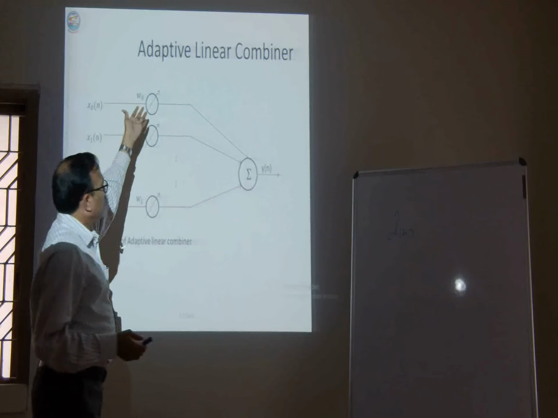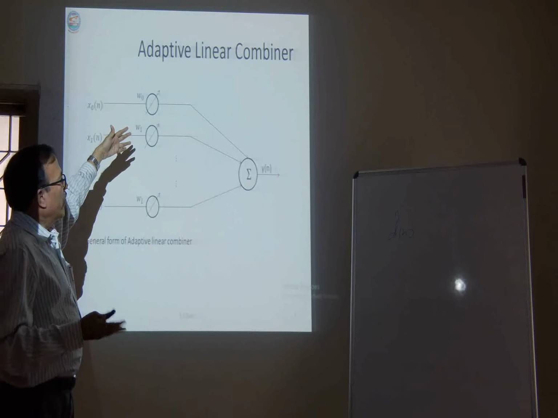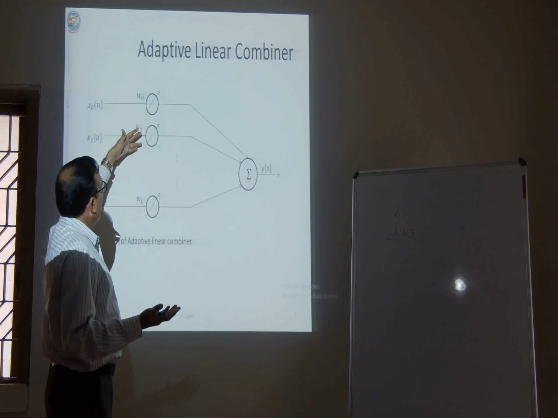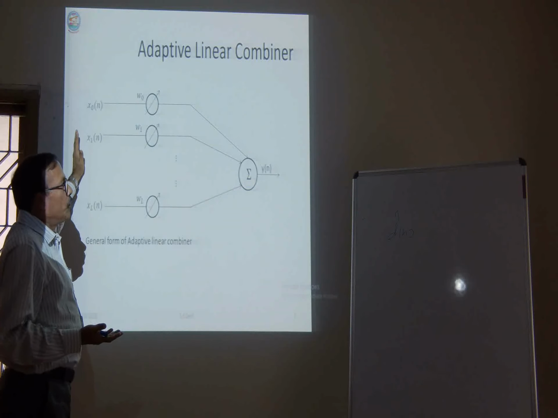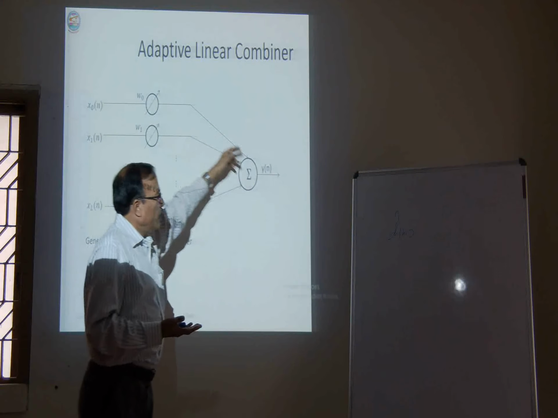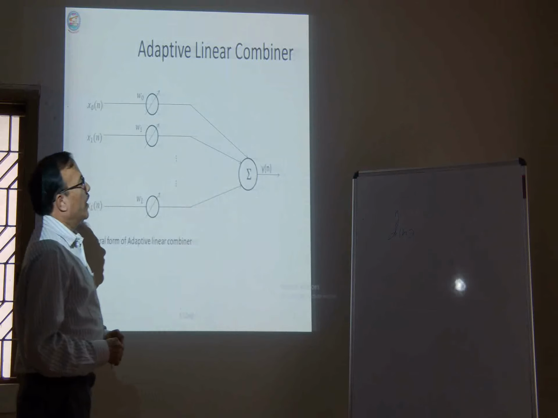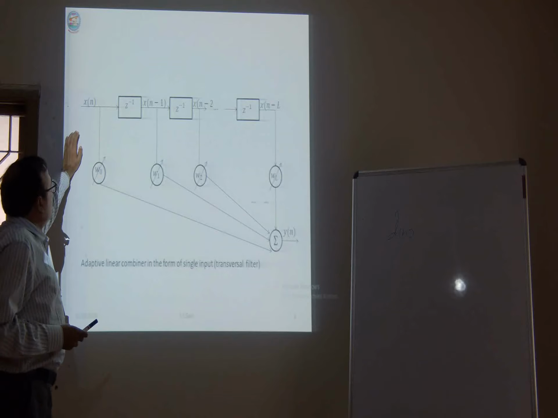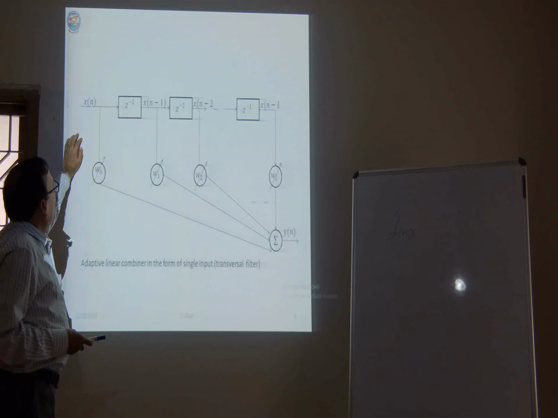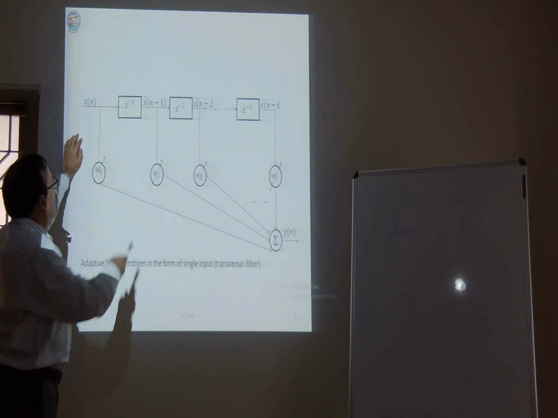So adaptive because we can vary the weights according to our requirement, and it's linear because the output is linearly related with the input, and it's a combiner because of this. So it is known as adaptive linear combiner, and it's multi-input. Next. So this is the second type of adaptive linear combiner, where there is a single input, and we find here there